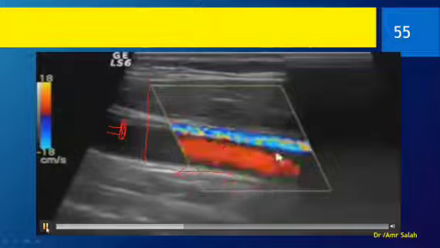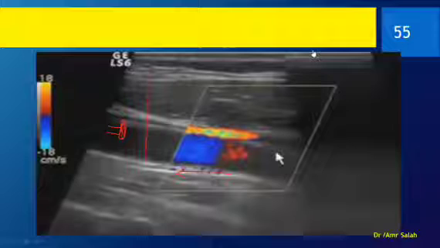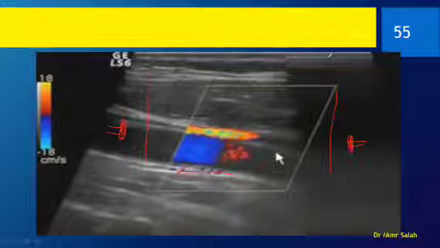Now, voila, when we have changed the angle as such, where is the probe? The angle of the steer is changed, so your probe is here now. And the blood is what? Blue, so it moves away. Again, the color of the blood is the same. So the color doesn't matter. The color changes with the direction of your steer, so it can be blue, can be red.